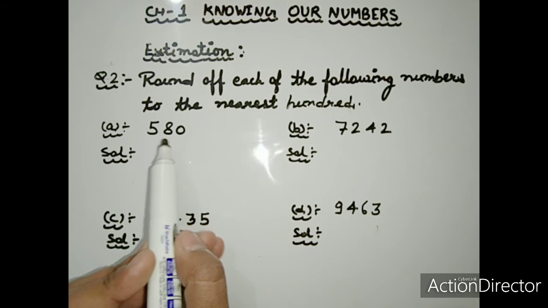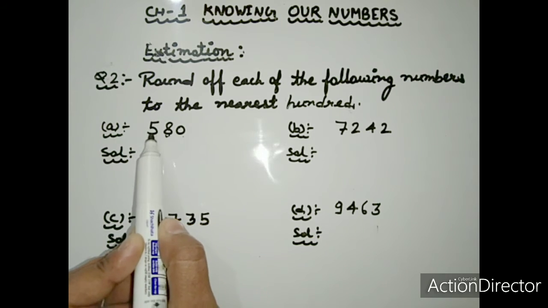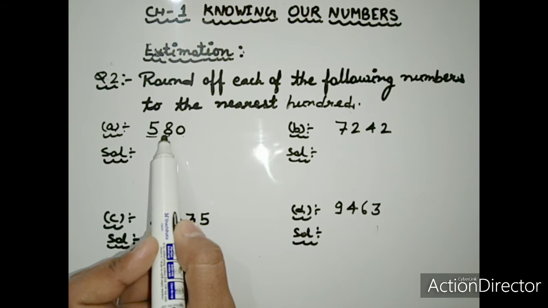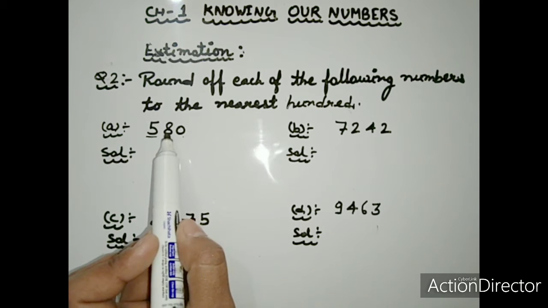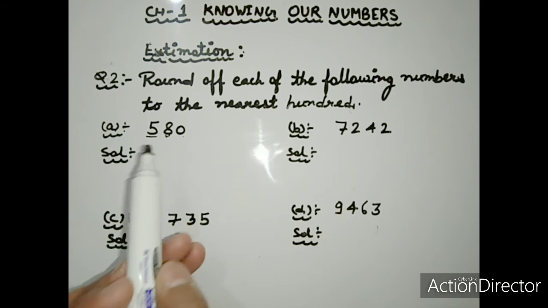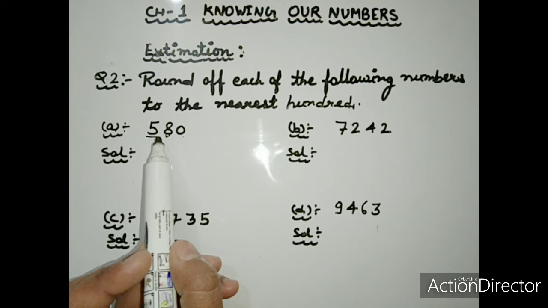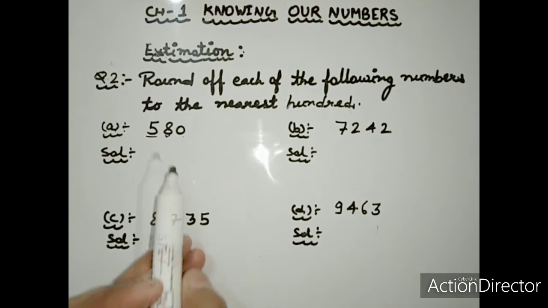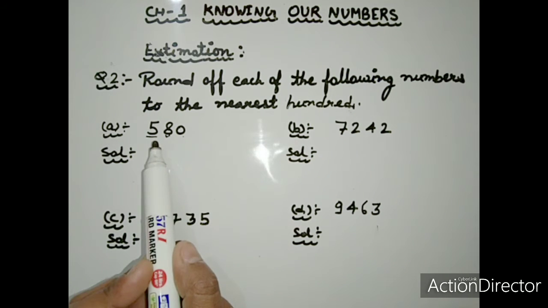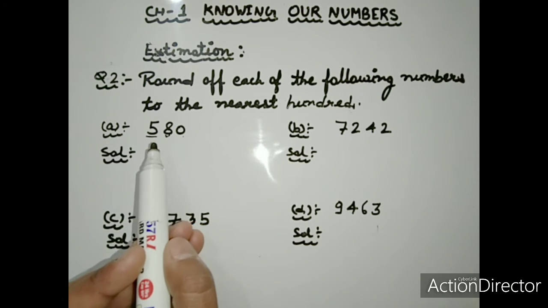Now here we will check the digit in the tens place, because the required place is 100 here. Ones, tens, 100. So the digit on the right-hand side of the required place is 8, and 8 is greater than 5. So the rule of nearest 100 says that if the digit on the right-hand side of the required place is greater than or equal to 5,